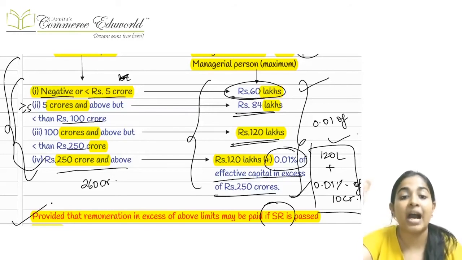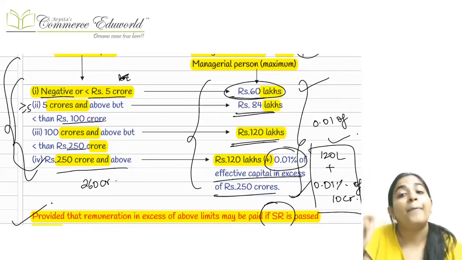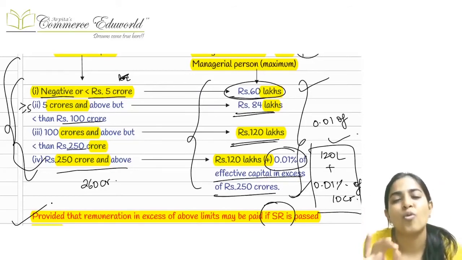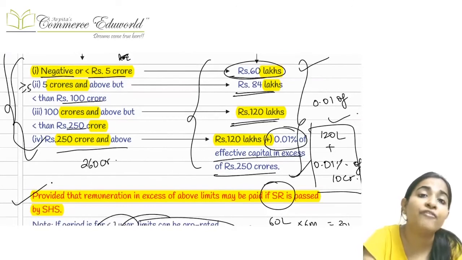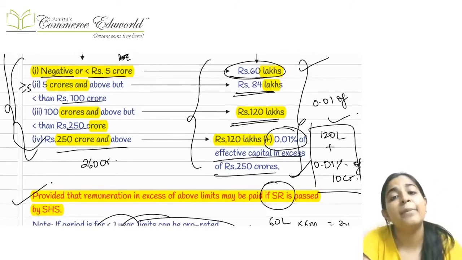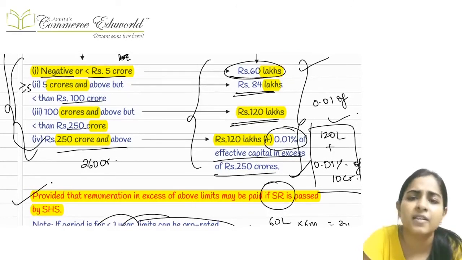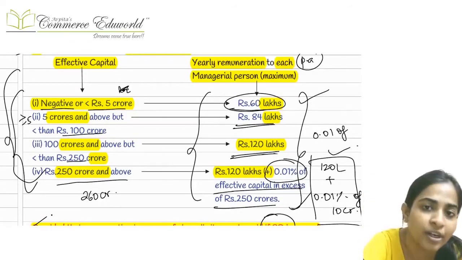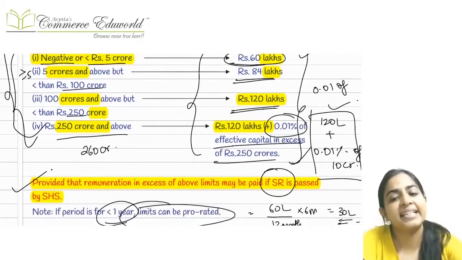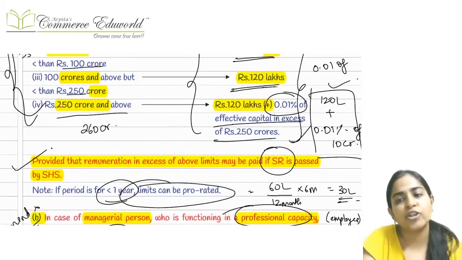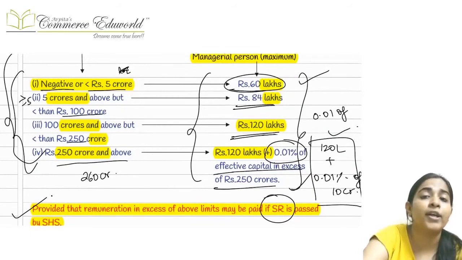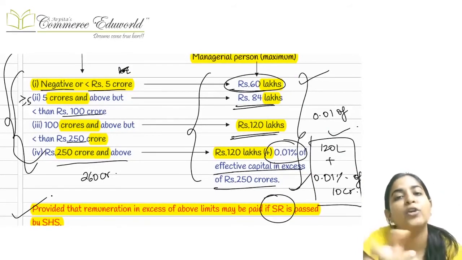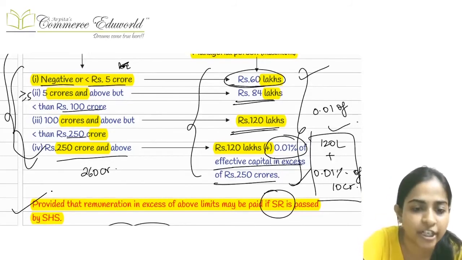This is the amount you can pay after passing an ordinary resolution. Passing an ordinary resolution in this case is mandatory. And if you want to exceed the limits, if the limits are getting exceeded, then in that case you can pass a special resolution. But even if you want to pay within the limit, then also you have to pass the ordinary resolution. If the limits are getting exceeded, then you can pass a special resolution. If any particular managerial personnel is appointed for part of the year, then these limits, anyway these limits are per annum, so you can do pro rata, that is you can do proportionate, right?